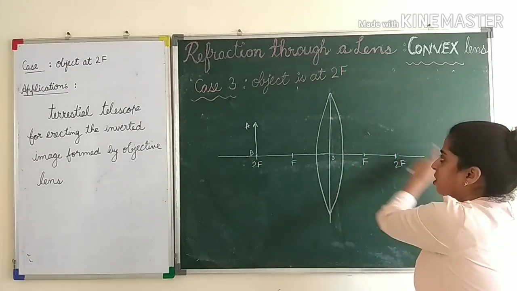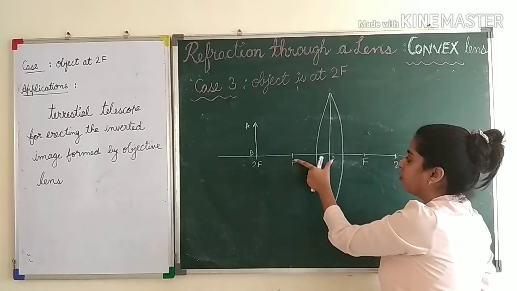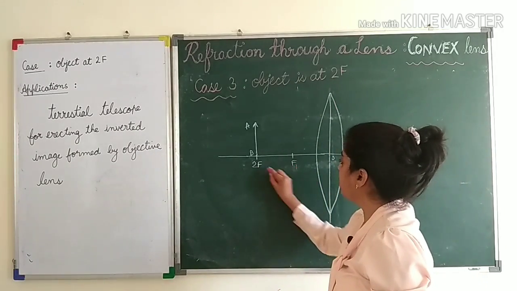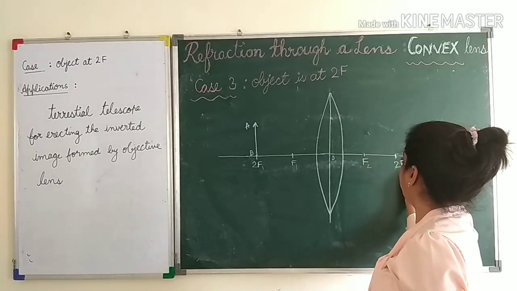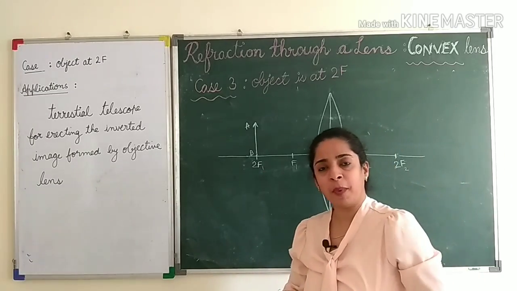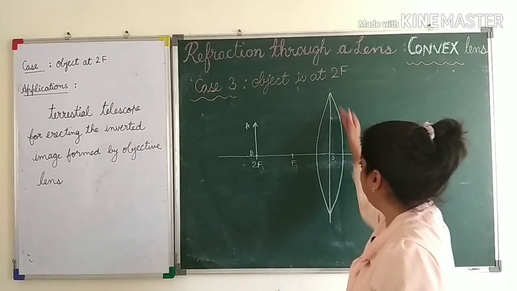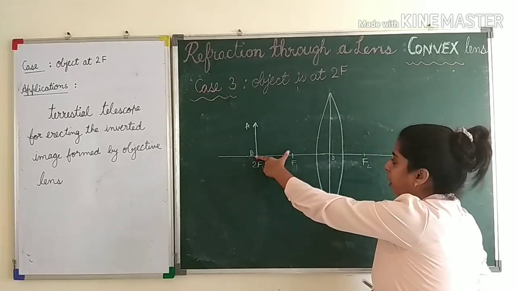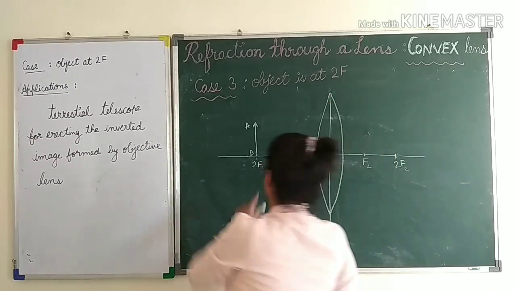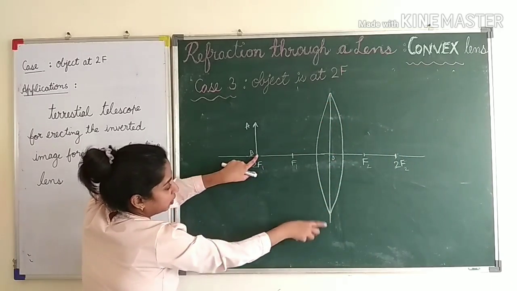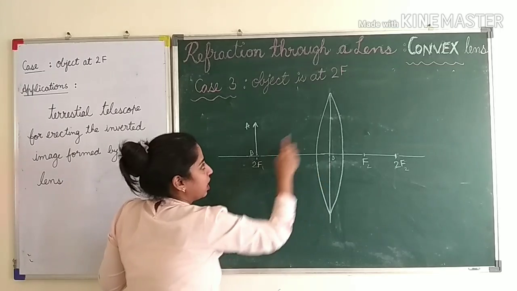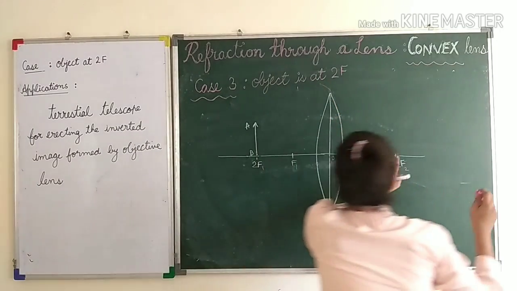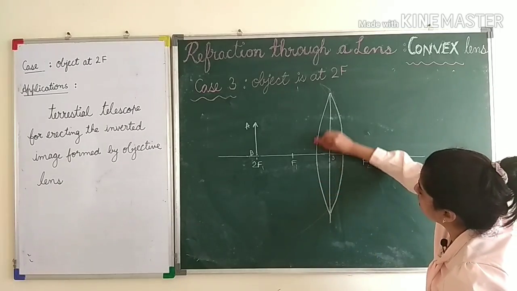So again, we'll draw the principal axis, we'll draw the lens, we'll mark F and we'll mark 2F on both the sides. Here this one is F1 and these two will be F2. Now children, one tip I forgot to tell you in the beginning is when you want to draw this, you can keep your compass at 2F, pointer at 2F and then draw this. You can keep your compass here and then draw this because 2F1 is actually the center of this lens, and 2F2 is the center of this lens.